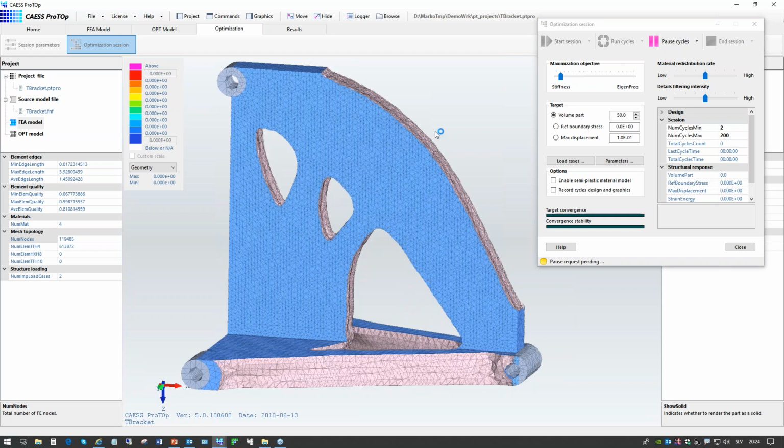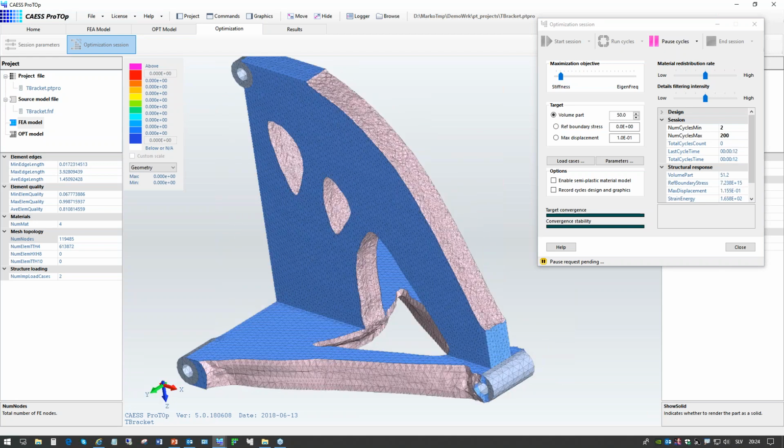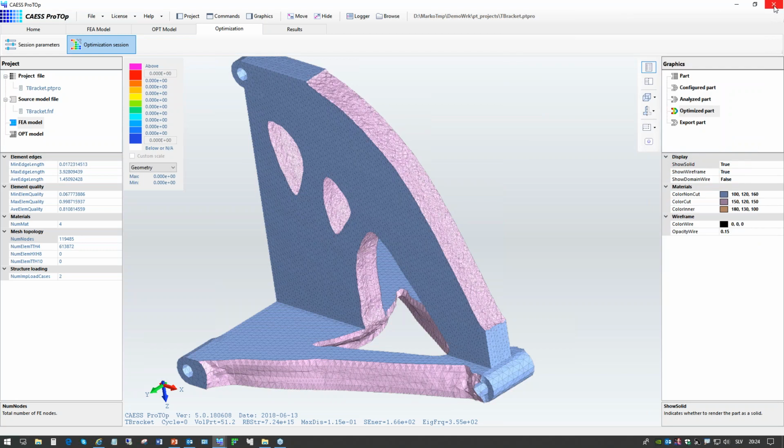So now I have the design that I already computed, but now with a much finer mesh, and really to polish, to finalize the design, this should always be used to run at least a few additional cycles, just to see if no surprise happens, and just to make the boundaries really nice. So, okay, we are finished with that example, and I hope